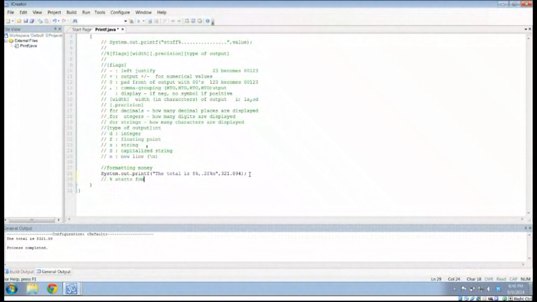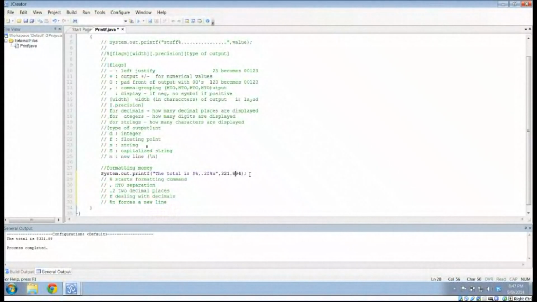So to recap what we were talking about here, the percentage starts the formatting command. Then I see a comma, and the comma means we've got the hundreds, tens, ones separation. And we saw that when we had a rather large amount, I would put a comma between the hundreds, tens, and ones place for each grouping of 3. Then we had the .2, which is 2 decimal places. And then the f means that we're dealing with decimals. And then the %n